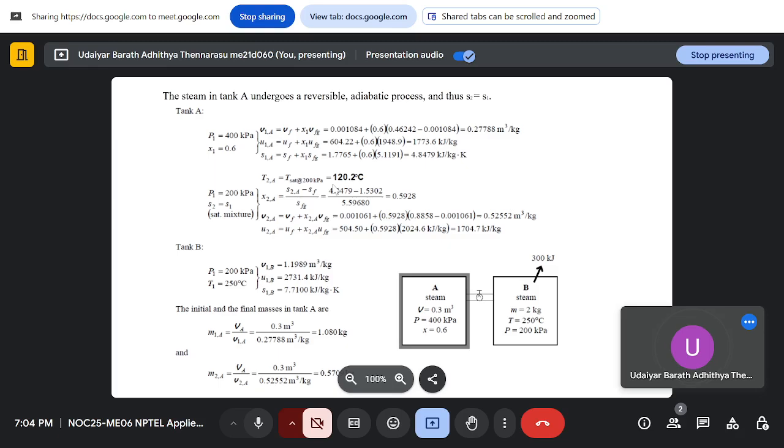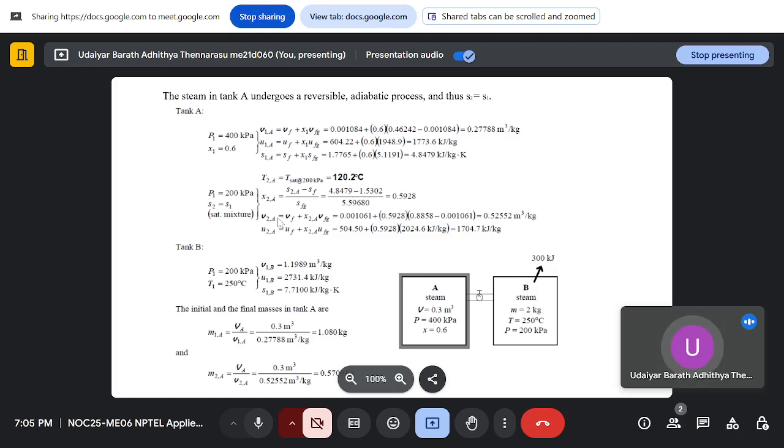So using this, T2A is Tsat at 200 kilopascal, which is 120.2 degrees Celsius. Sorry, this is the temperature at state 2, which is 120.2 degrees Celsius. Then X2A, the dryness fraction, is S2A minus Sf by Sfg. So I know my entropy and I know the corresponding saturated liquid and vapor entropies for 200 kilopascal. So substituting this, I can estimate the dryness fraction comes out to be 0.5928,